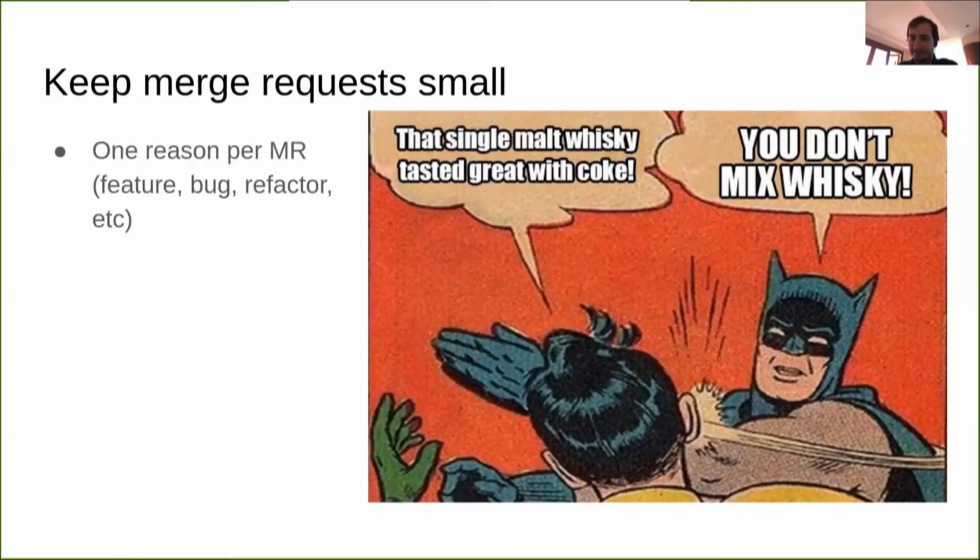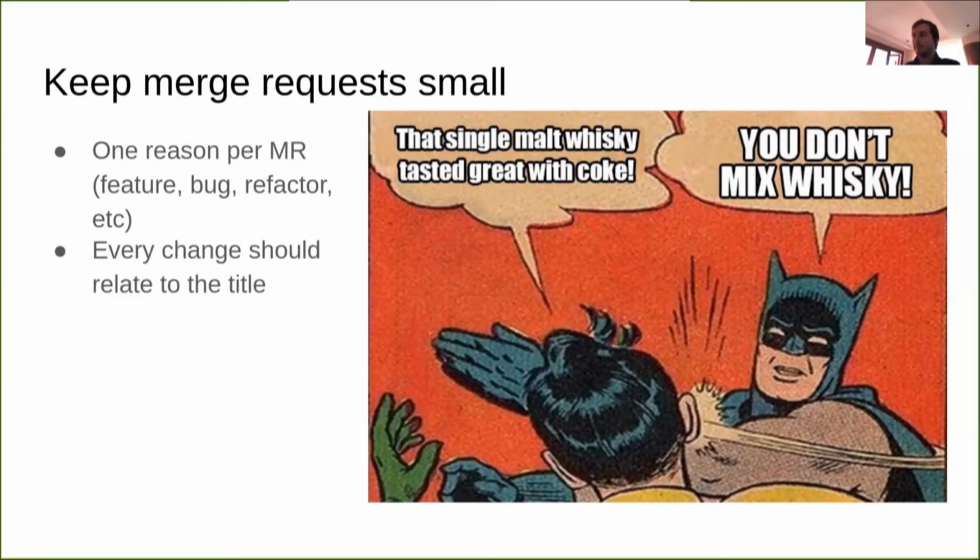Thinking of those four things we were just talking about, the feature, bug, or a refactor, in my view, each merge request or pull request should touch one of those and only one of those. So in other words, if you're adding a feature and you discover a bug at the same time, it should be a separate pull request. And the reason for that, there's several reasons. One is to keep the pull request small, which also makes them easier to review. And we'll talk about some more of those factors in a moment.